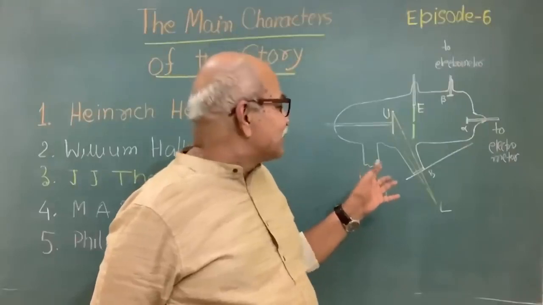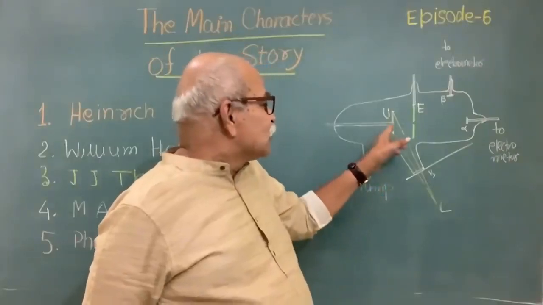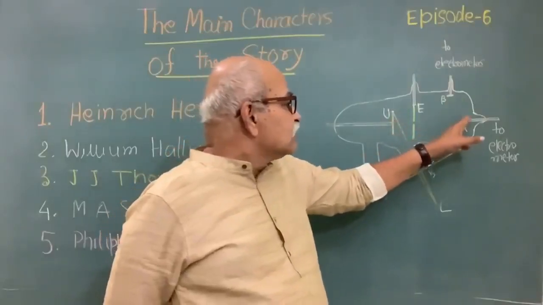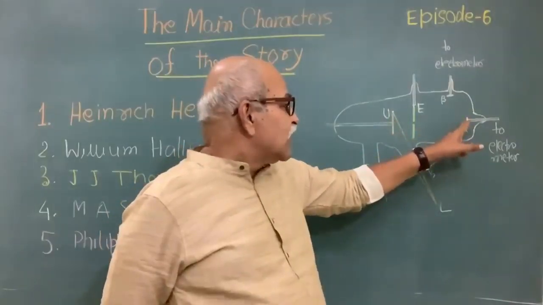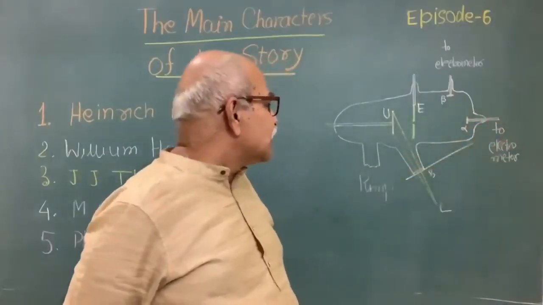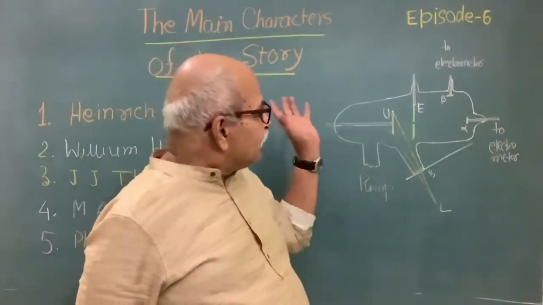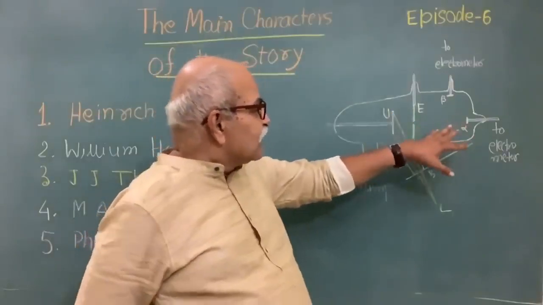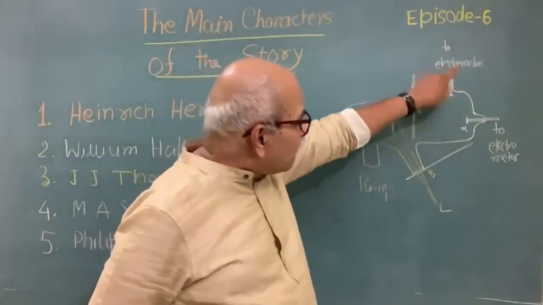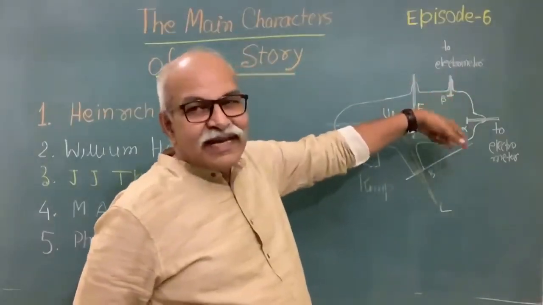This experiment was done and reported in 1902. So you have a kind of charge which is deposited here, and you can measure how much charge there is in how much time. So Lenard had studied that,